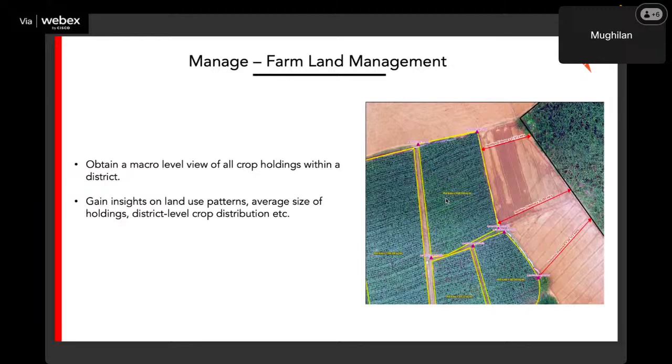You can automatically do that using a GIS platform, and you can do farmland management, right? So for example, here we know exactly there's around 1028 square meters, right? And this is the isolation distance, which basically means the distance between your land where your corn seeds are growing, versus some other person's land with some competitor's seeds growing there. If this distance is very low, there can be cross pollination, and it can affect your seed quality